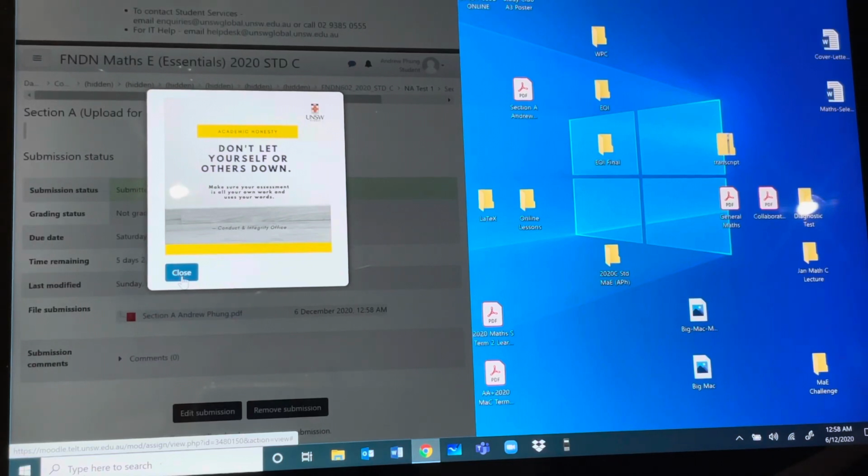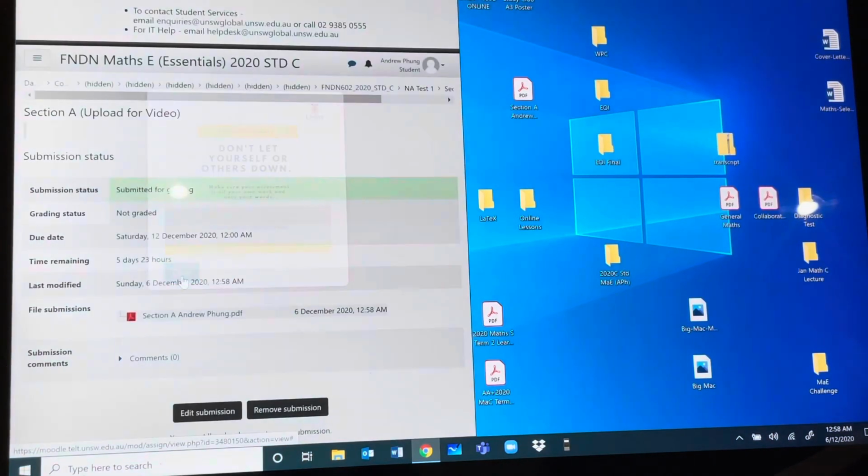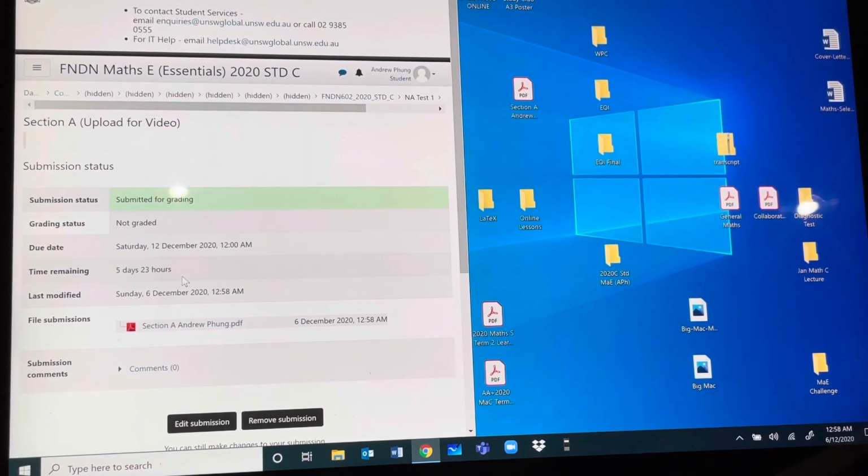You'll now need to do that for the other 2 sections if you're in the commerce course. If you're in the Essentials of Maths course, for commerce and science students, you'll need to upload all your other questions in a similar manner. So that's all for uploading